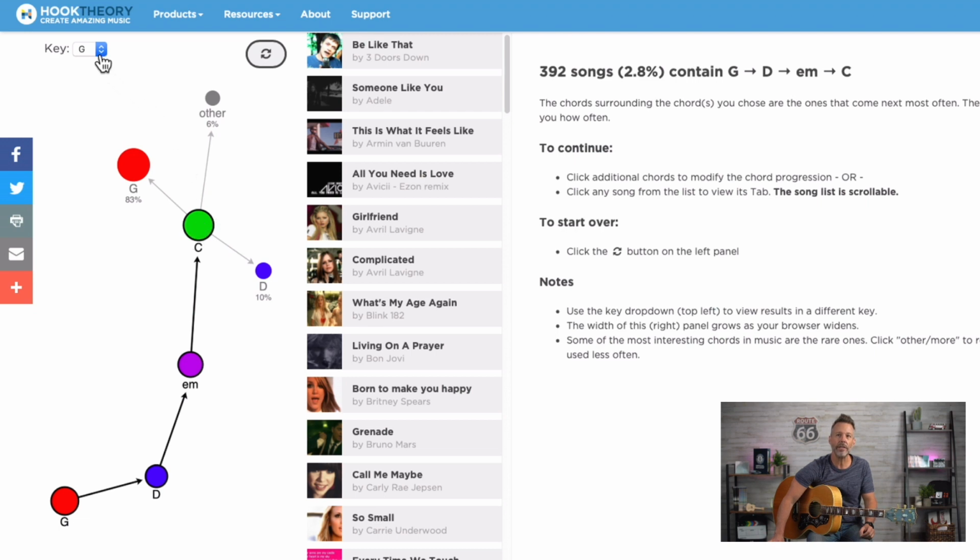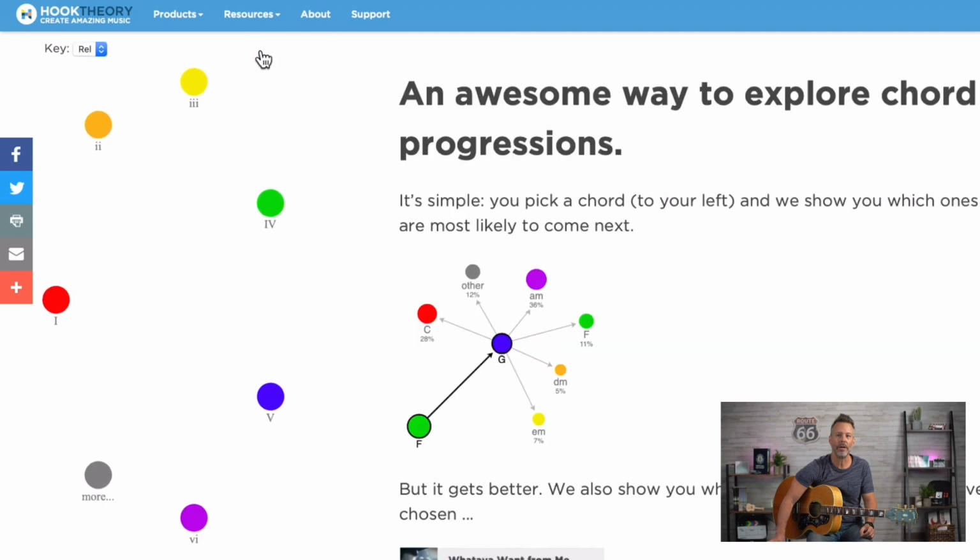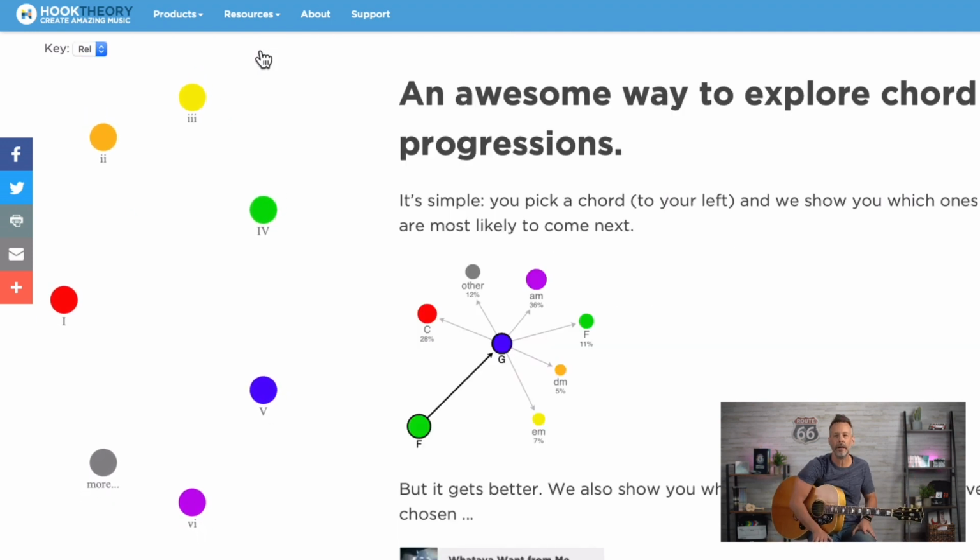Now I like to do this because I like to think of things as relative. What I mean by that is I don't care what key we're in. Let's just say we're in the key of blank. It doesn't matter because the chords are always going to follow a certain format. In the key of G, the G is 1. In the key of C, the G is a 5 chord, according to what we're talking about here. If this is going over your head, you need the free course, first link below.